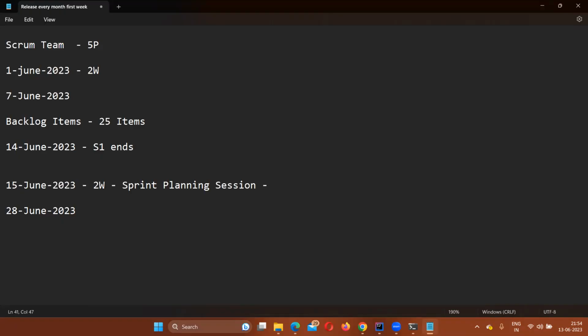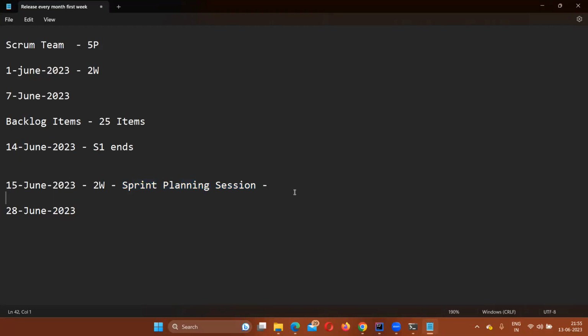So on the first day of your sprint, that is 15th June, your sprint planning session will happen right after you log in. In that meeting, everyone will be assigned their tasks on Jira or whatever tool they use. They should start working on those backlog items after the sprint planning session. So after 15th June is completed, in the sprint planning session everybody was given their own tasks, and everybody started working on their backlog items. Very good. Then on 16th June